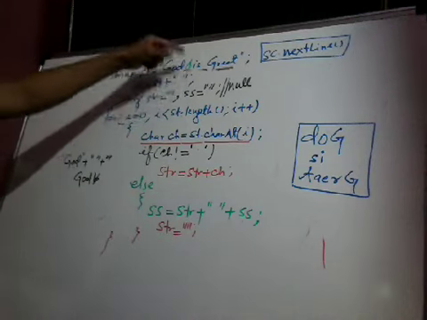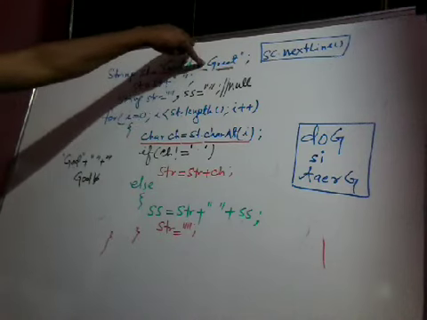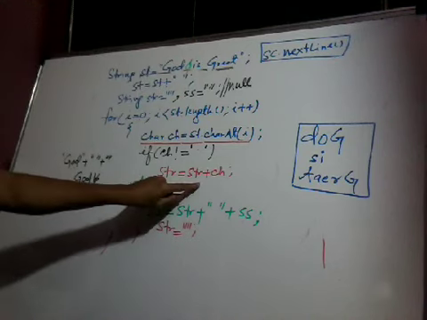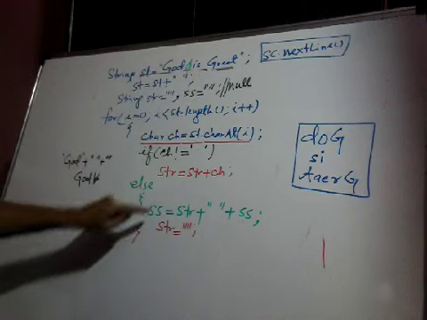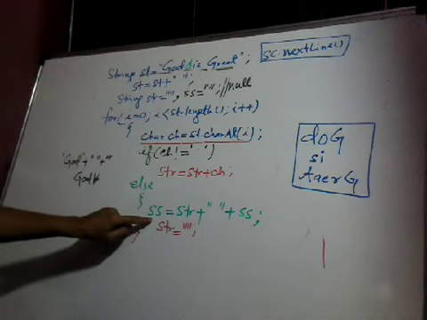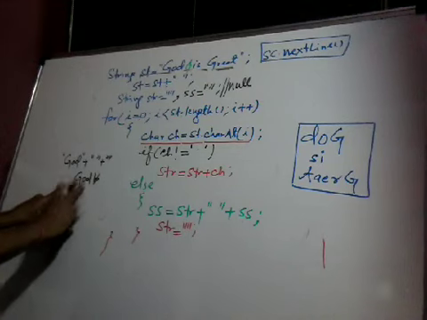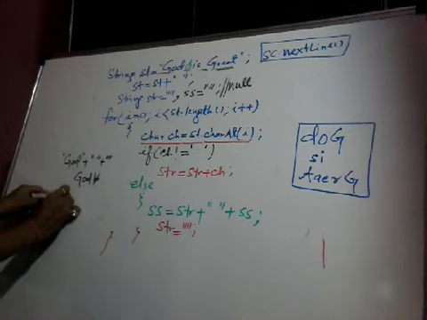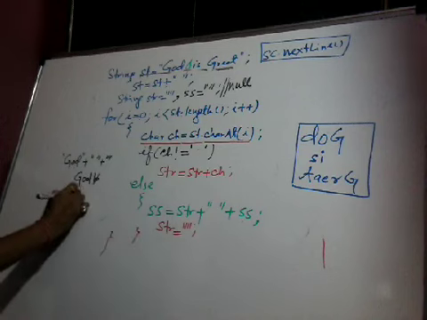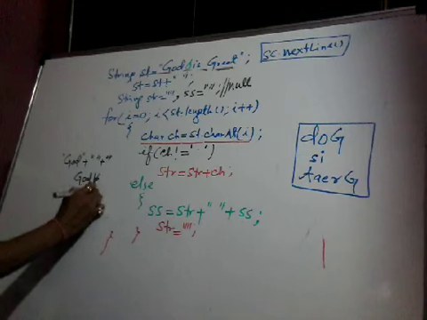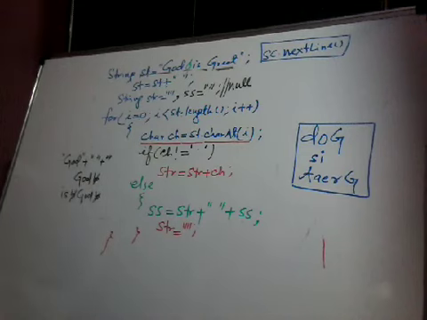Again it will extract each character. When space will get, the condition becomes false, it will go to the else part. The value of str will be is, and ss equal to str. What is the value of str? The value of str is is. Then here is the space, and what is the value of ss? The value of ss is God. Str will be null.